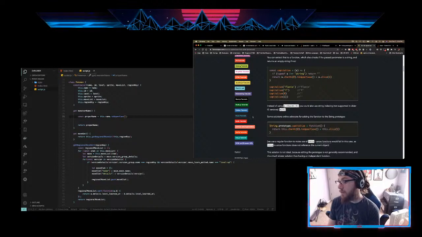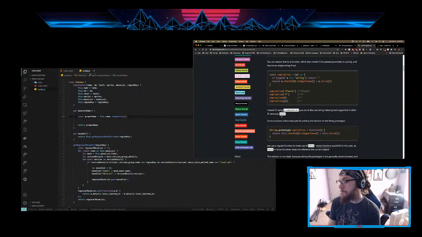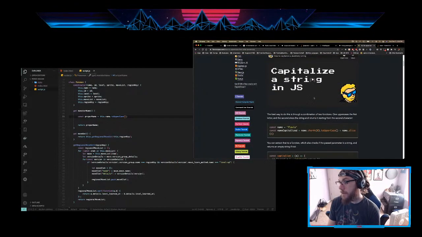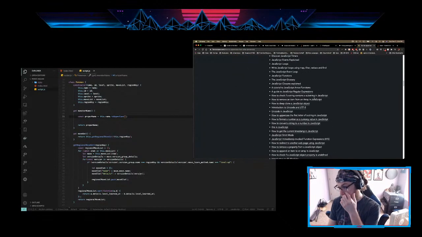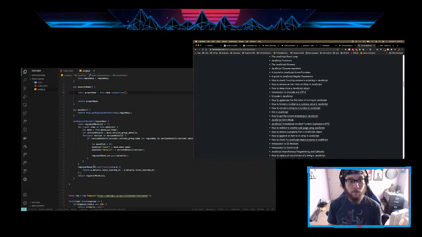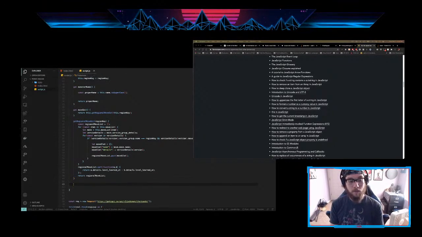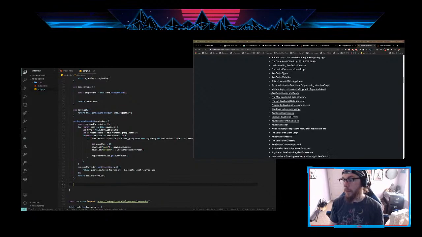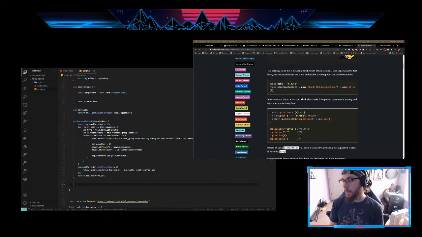So it looks like we have to create a function that does it for us. Let's do it. I'm just gonna write it out. I know that it might seem tedious, but